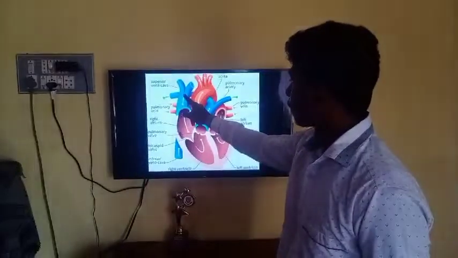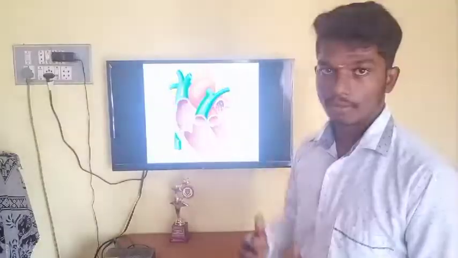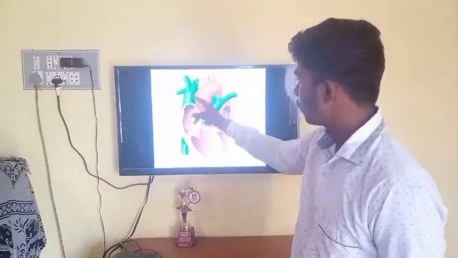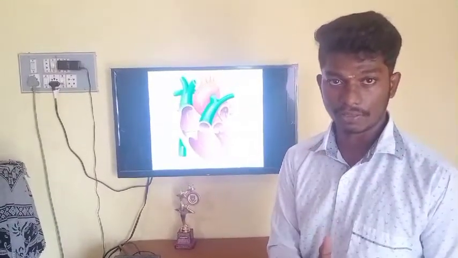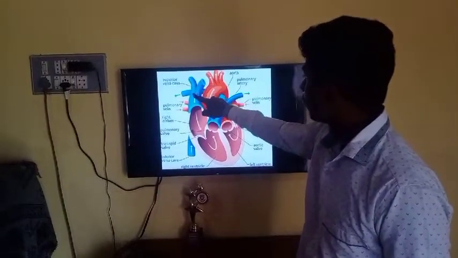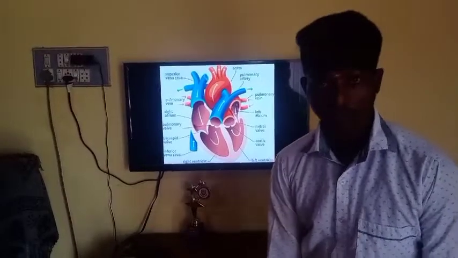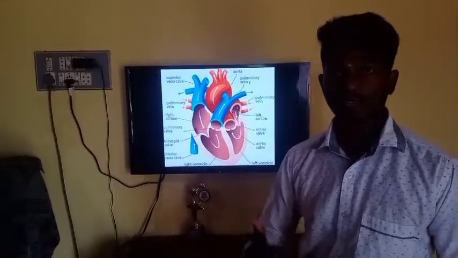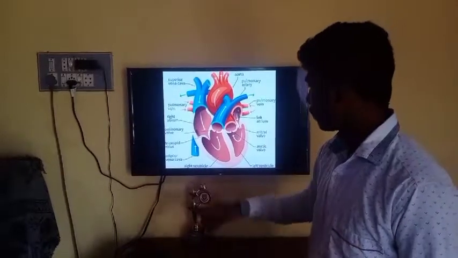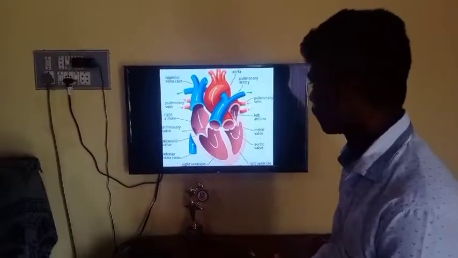This is the superior vena cava. The superior vena cava brings blood from the head region, means the upper region. The heart is here. It brings blood from this upper region to the heart, means the deoxygenated blood. There is no oxygen in that blood. The deoxygenated blood from the head region comes through the superior vena cava. And there is an inferior vena cava, from where the deoxygenated blood from the legs is transferred through this inferior vena cava to the heart chambers.